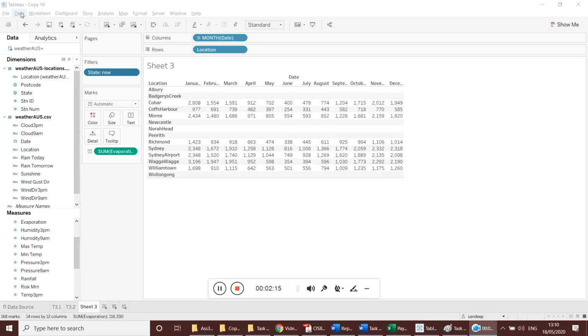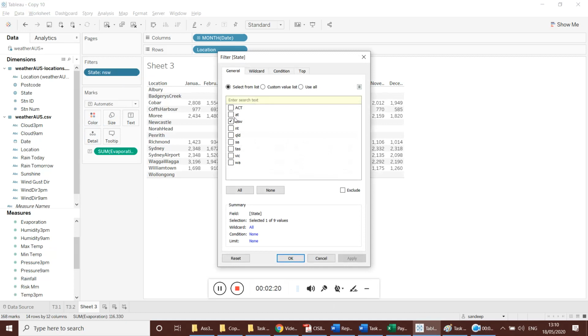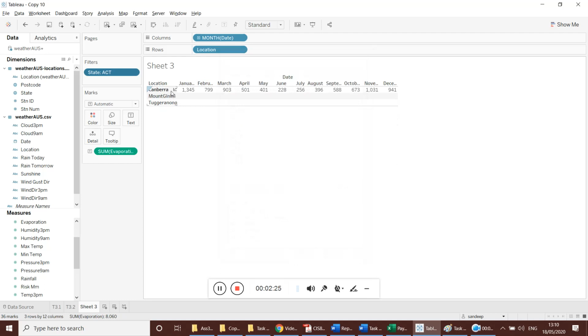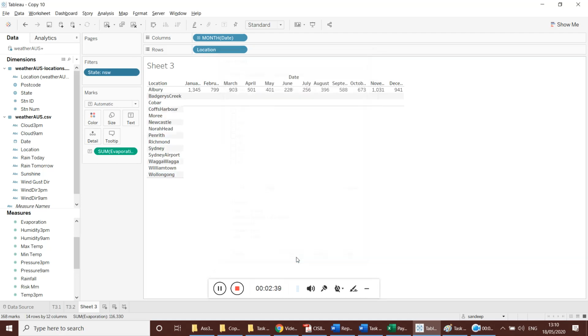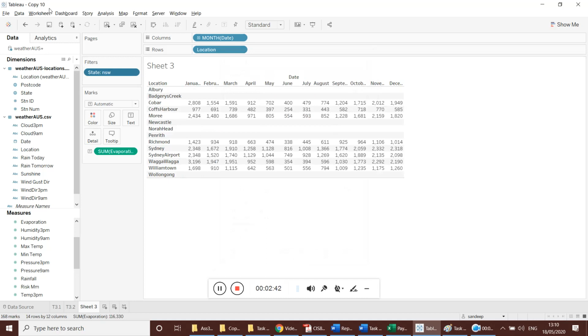If a person who is working on copy 10 selected ACT as the state, they need to cross check that. When I cross checked it, it is generating a value only for Canberra, and the other two locations do not have any values. So rather than selecting a state that doesn't have values, I have selected New South Wales for this person. You can select whatever location, but if minimum information is there, we can write a number of words, or the contribution can be perfect. For that reason, I have changed the state.